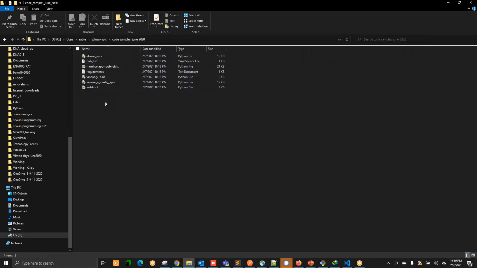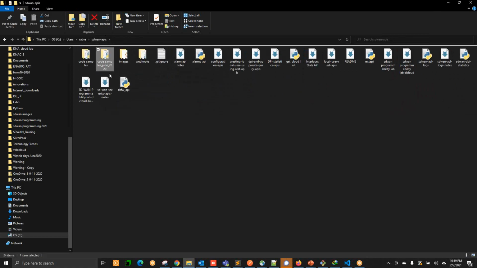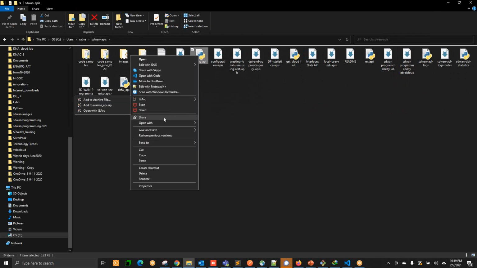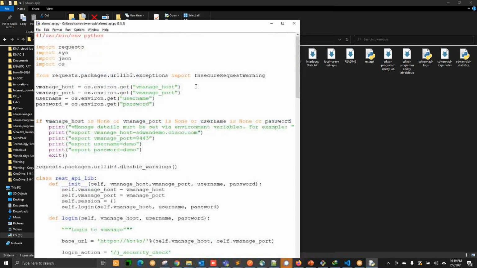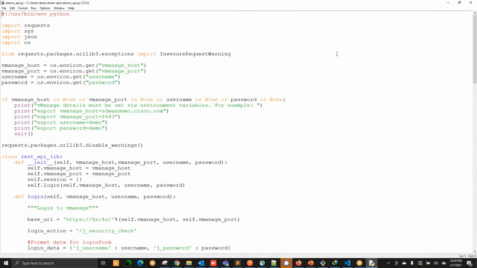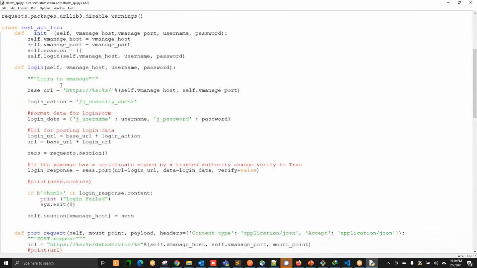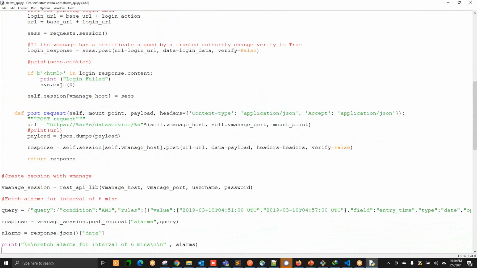Anyways, these APIs we are going to learn in upcoming sessions more and more. But you can see simply you have the code. So suppose for example, I can go here and open this particular code. I have multiple options to open it. I have Visual Studio as well. I can open in the Python editor as well, that is the IDE. So I can click IDE, and you can see that this is the code related to the alarm related code.